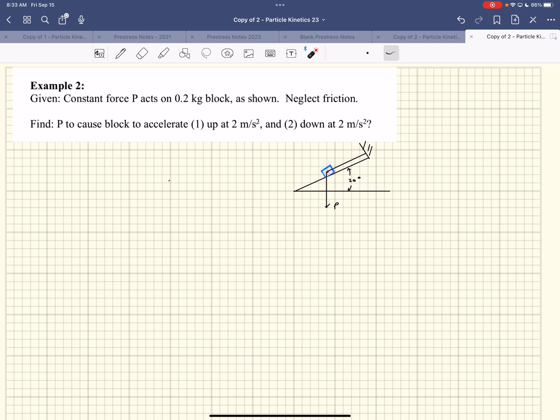this block is going to want to move up to the right. And so what we're asked to find is the P that's required to cause the block to accelerate up at 2 meters per second squared and down at 2 meters per second squared. So what is the,